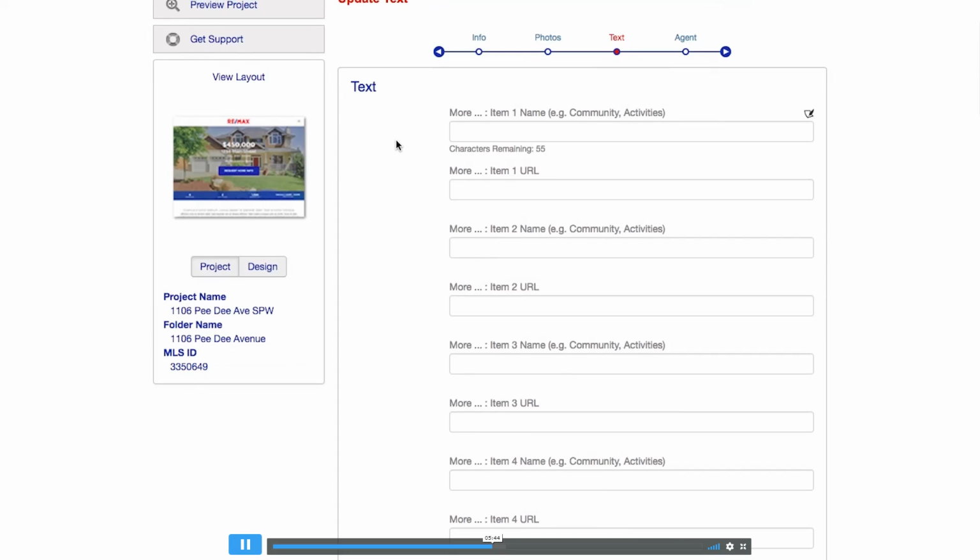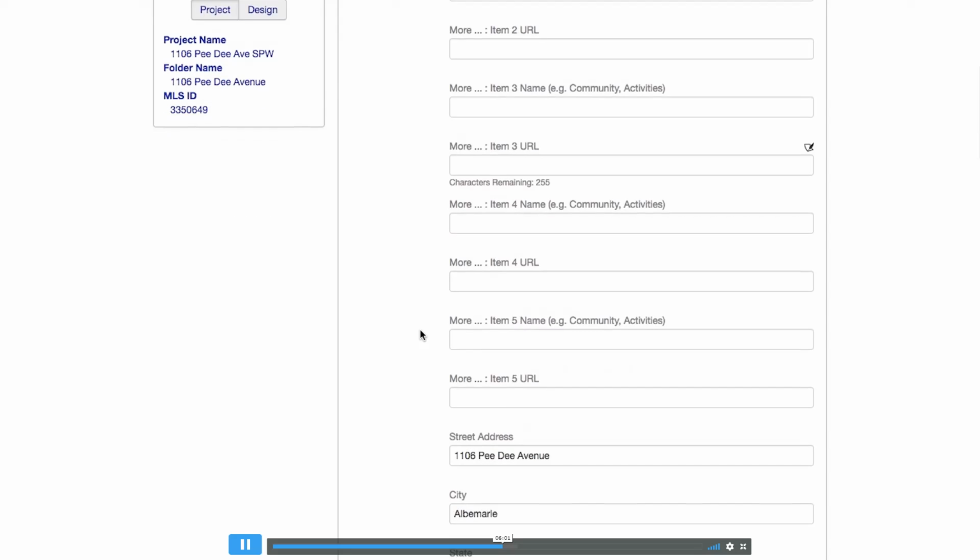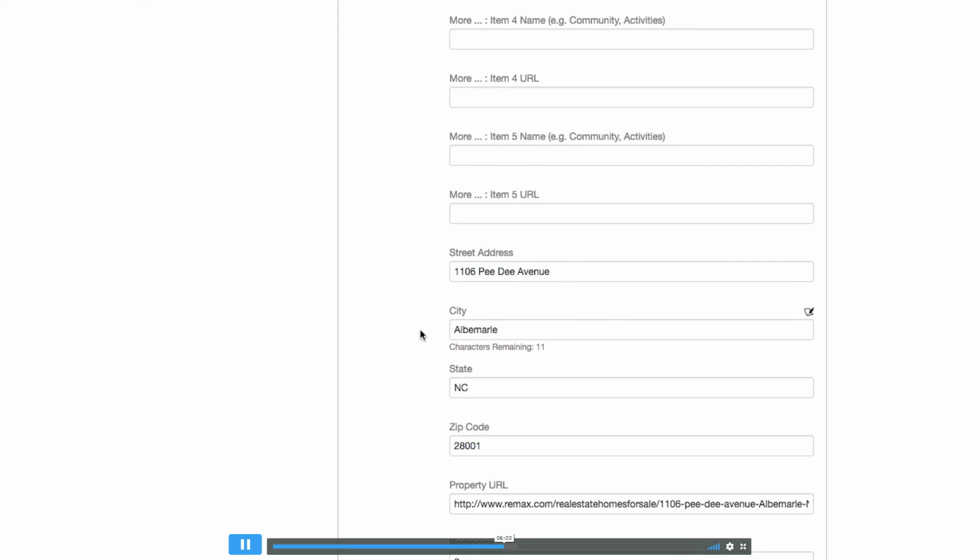Up top, you have all of your More items. This is if you want to add in additional URLs. Just note that there's item numbers and they have both the URL as well as the name for that item. So you want to complete both of those. And that's helpful if you have additional flyers or any information that you want to directly link to within the